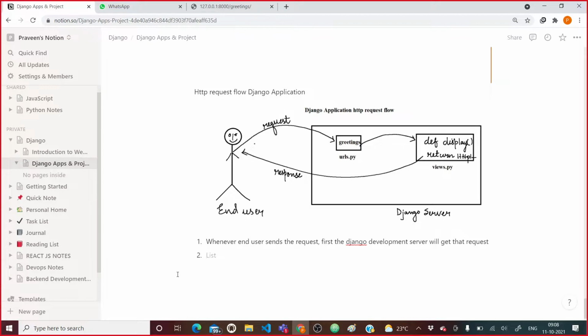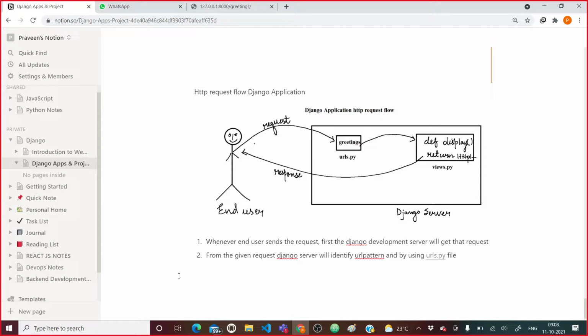After that, what is happening? From the given request, the Django server will identify the URL pattern, and by using the urls.py file, the corresponding view will be identified.